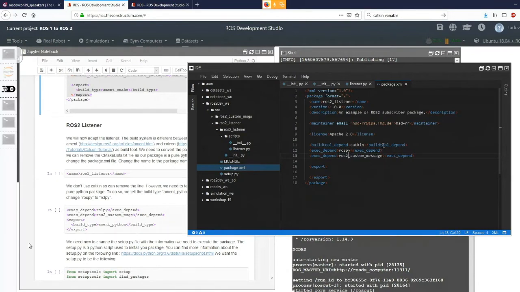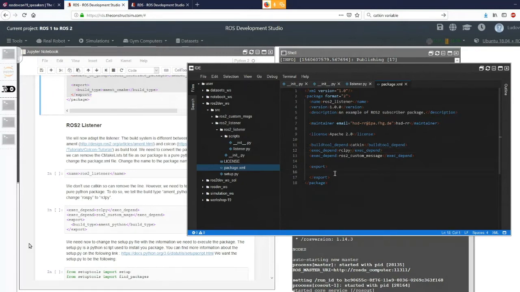I depend on the ROS2 custom message. Now, it's not ROSPy anymore, it's RCLPy. RCL is the ROS Client Library, which is a C version. That's the core of ROS, and the Py extension is just to say that we're going to use the Python client implementation here. And of course, it's an exec depend because Python doesn't build, so we don't call anything here,